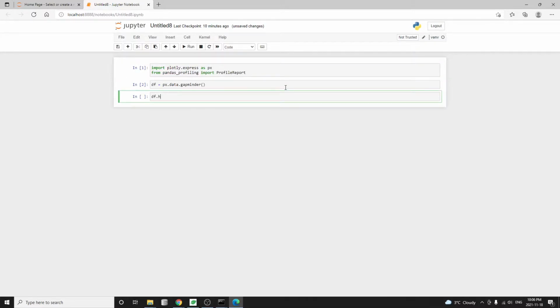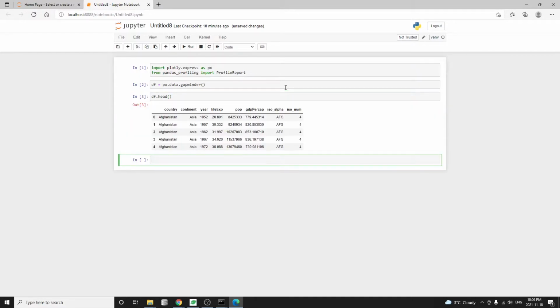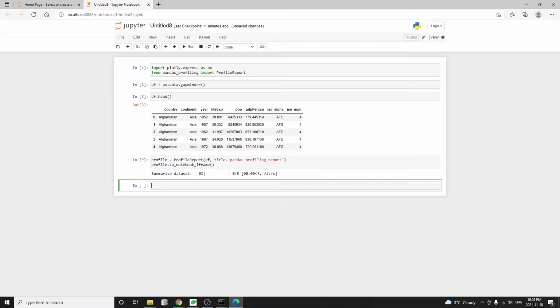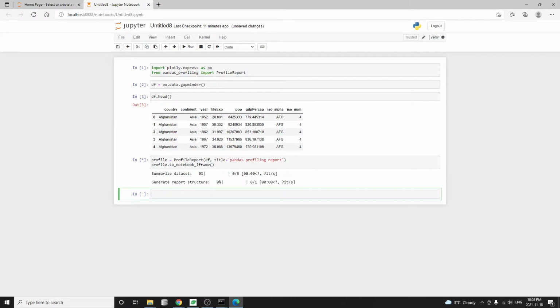This is our dataset, and if we check the first 5 rows, we'll see that we have country, continent, year, life expectancy, population, and GDP for each country. So let's put the data frame into Pandas profiling to generate a report. The title here is optional. You can name it whatever you want. Then, because we want to show the profiling report inside the Jupyter Notebook, that's why we add this to_notebook_iframe. And once we run this, in a few seconds,